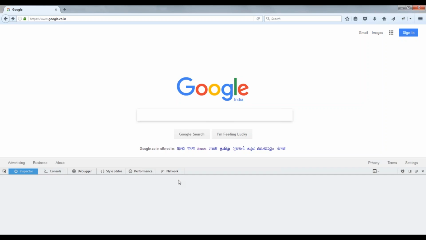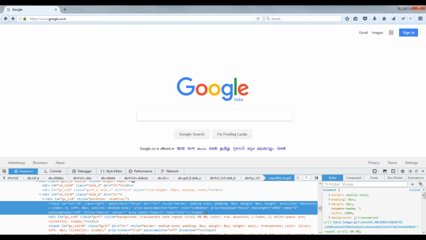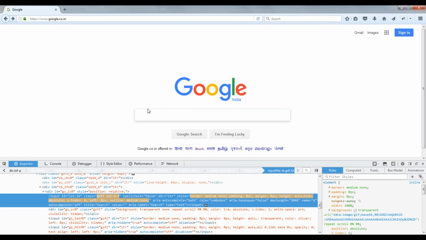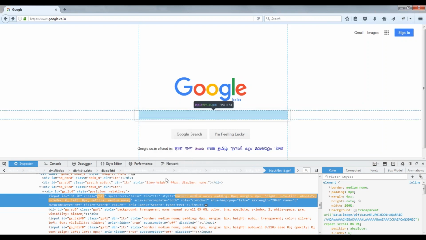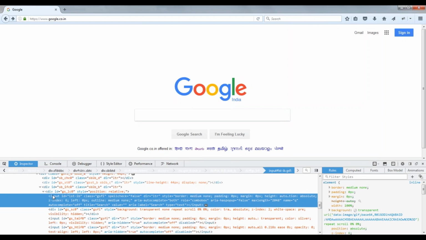You highlight that element, right click and go to inspect element. That will directly take you to that particular element in the DOM or the HTML page. In that source code you can see it's an input field which has an ID, a class, and some name.